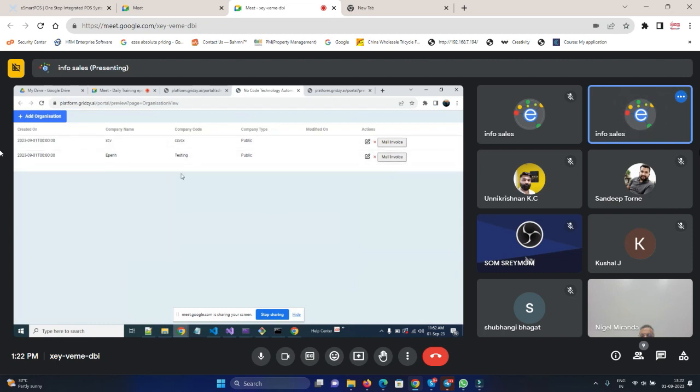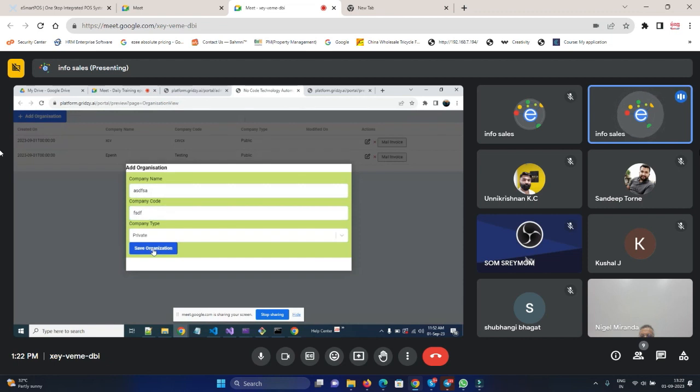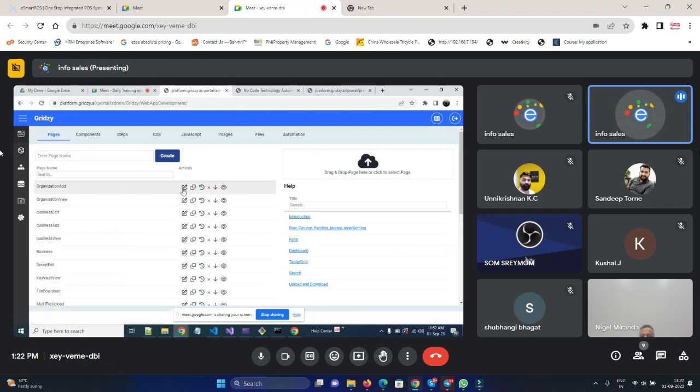Can you see here? So this data is added into your database. Whatever form I have created, it got added. Let me refresh. Now I just added the page. This grid is not refreshing automatically. So to do that, in my organization add form,